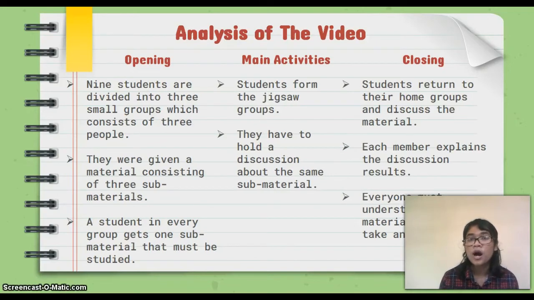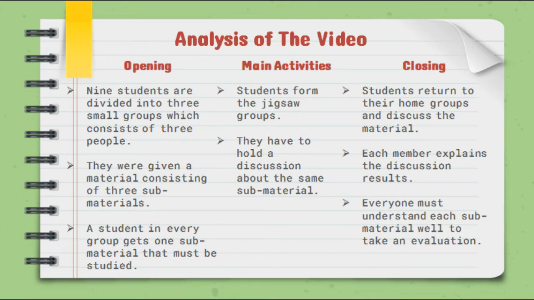Jigsaw. So now, after we watch the video about the jigsaw technique applied in the learning process, I will explain the analysis of that video. I will explain one by one, starting from the opening activities. In the opening activities, there are 9 students divided into 3 small groups, and one home group consists of 3 people. They were given a material consisting of 3 submaterials, namely photosynthesis, raw materials, and the products. A student in every group gets one submaterial that must be studied,